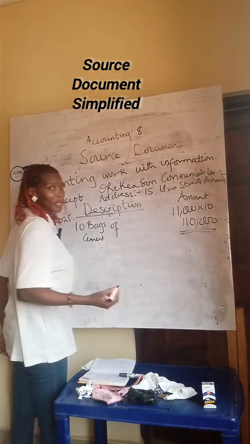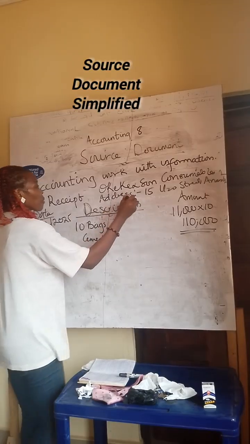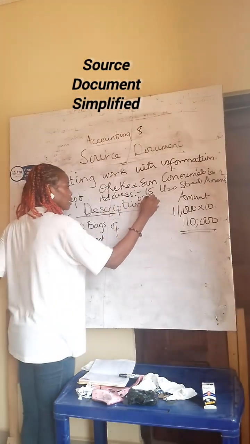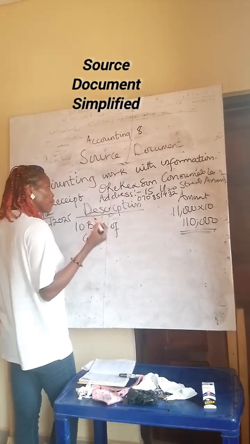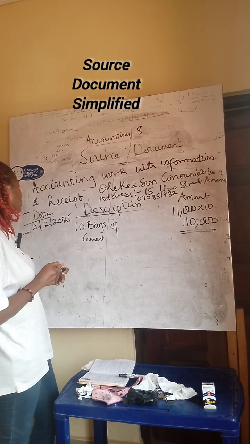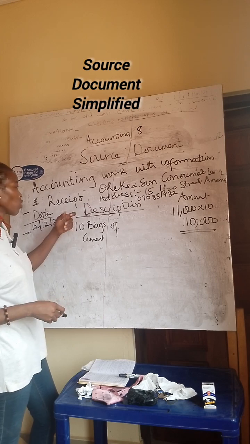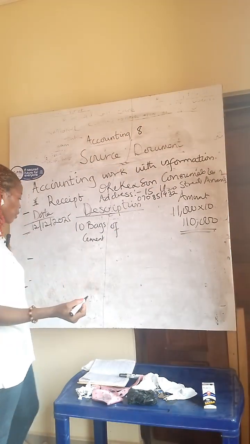Anambra area is somewhere in the sky. So your address will be there, your phone number will be there. Maybe 070851632. So a receipt booklet will have the name of the seller, his address, the date, the description of what he's going to sell or what he has sold, the amount, and then there'll be a place where you have the signature